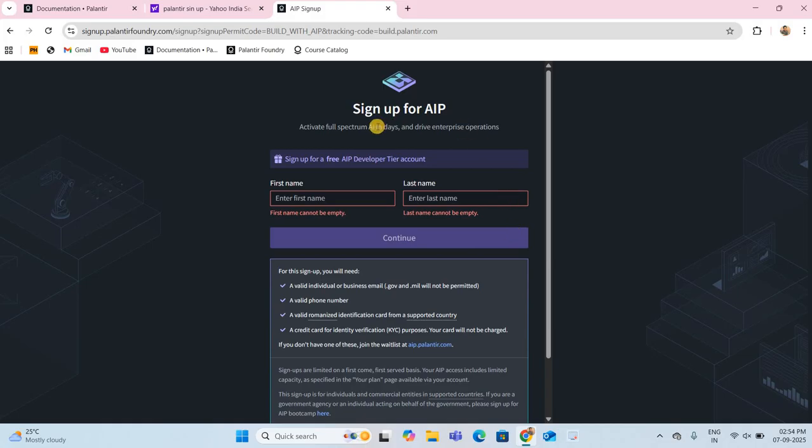I hope you got all the things. So these are the basic steps, and if you are an engineer, I hope you will complete it on your own. If you want any help with the sign up, you can book a one-on-one session with me, and I can help you out. If you are looking for training in Palantir Foundry, I can also provide the training. You can reach out to me either on LinkedIn or Instagram, but LinkedIn will be a better place to reach me.